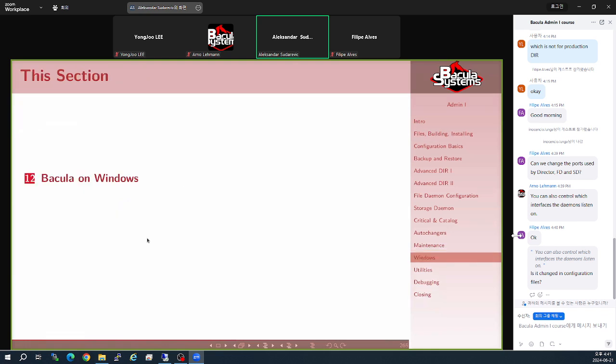And those are all the major security considerations, apart from discussing one additional thing, and that is Bacula on Windows, because Windows is kind of